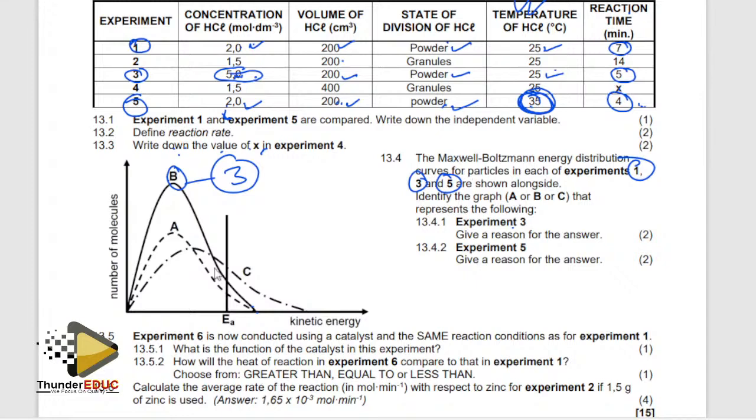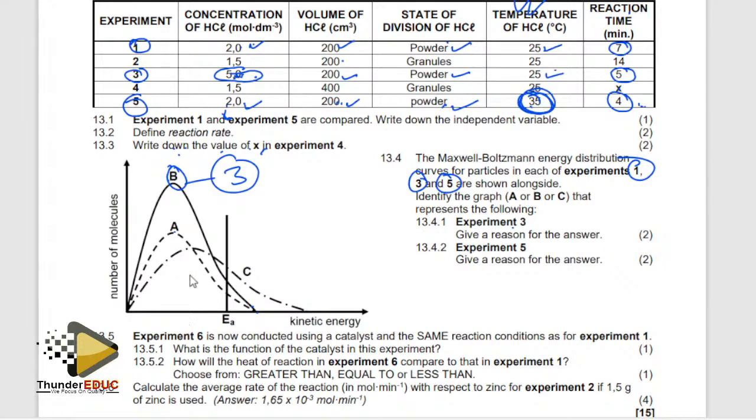So we go to the question. They're saying give a reason for your answer. Maybe you can say that it has the highest concentration of particles, or has more particles that are in the reacting vessel. You see, it has the highest. If you look at it here, it has the highest. Then number 2,